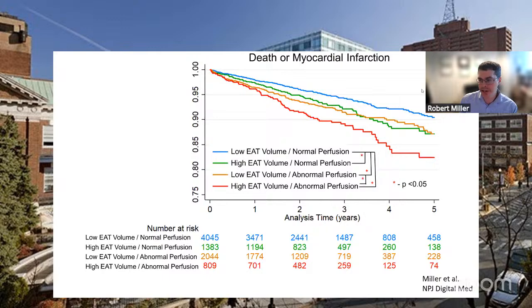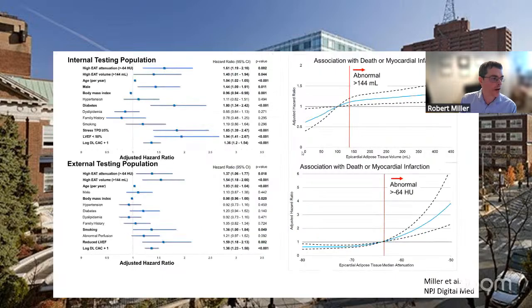Here we looked at the additive risk between EAT volumes as well as perfusion, and you can see that they provide some incremental benefits. So patients with low EAT, normal perfusion are the lowest risk. Patients with high EAT, abnormal perfusion are the highest risk, and everybody else is in between with really a risk that seems comparable. We went on to do more significant adjustment, and I'm just going to blow this up